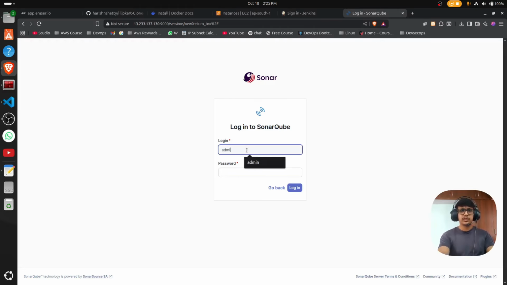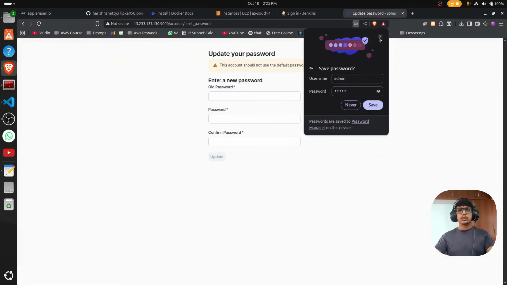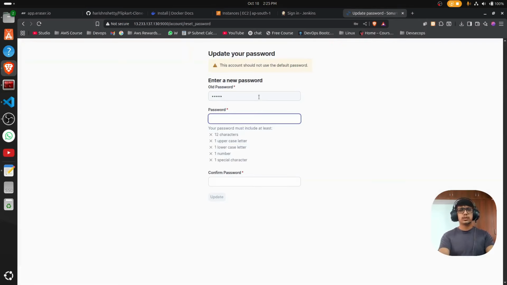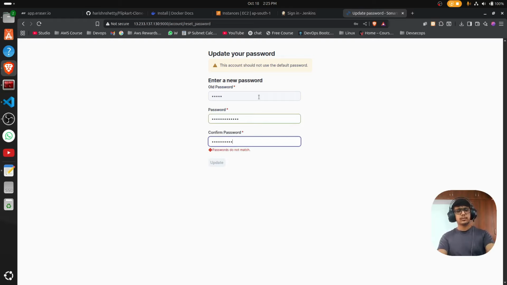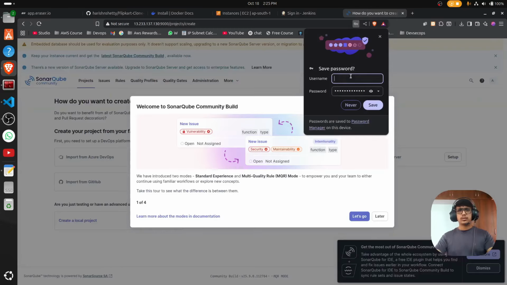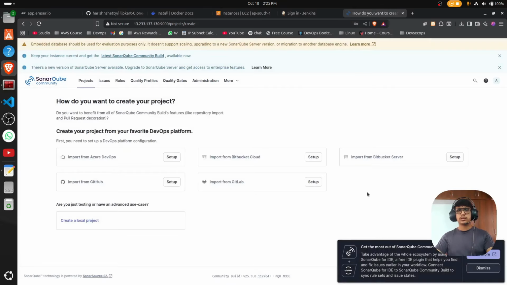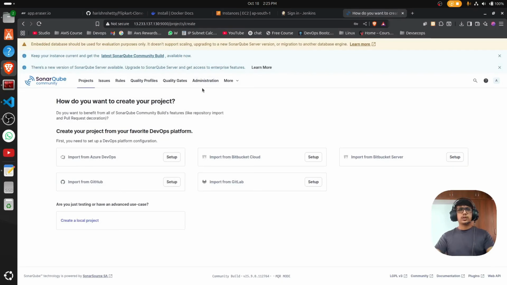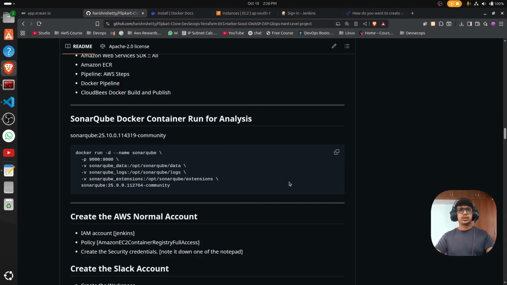The username is just admin and the password is also admin. Okay, click on the login. Now we have to replace the login password, so I'm going to give ABCD1234. Okay, this is the password I have given. Save, later, dismiss, and here let's go to the